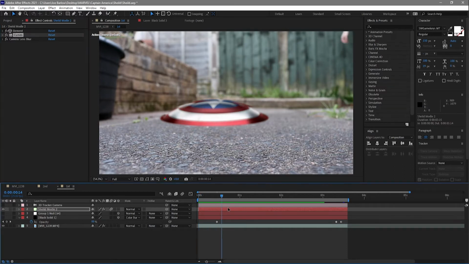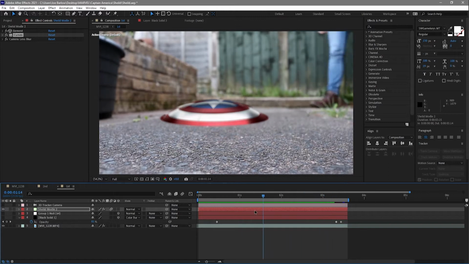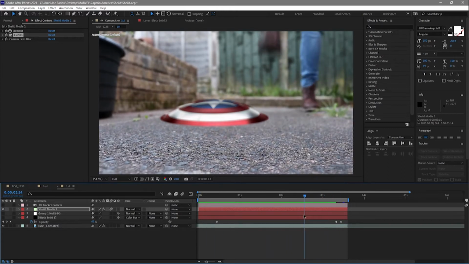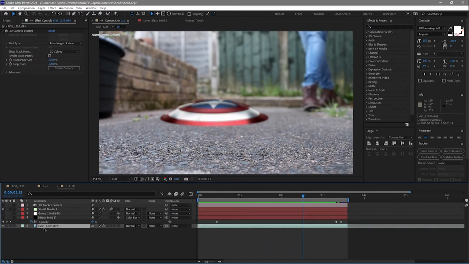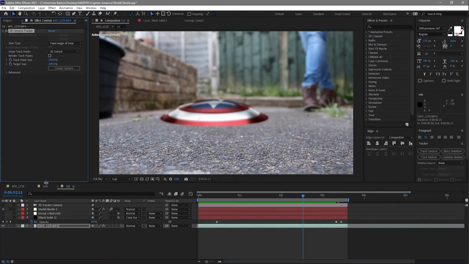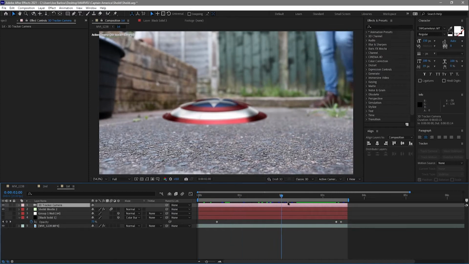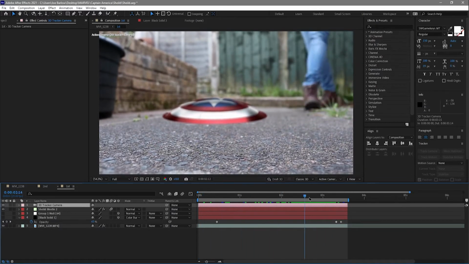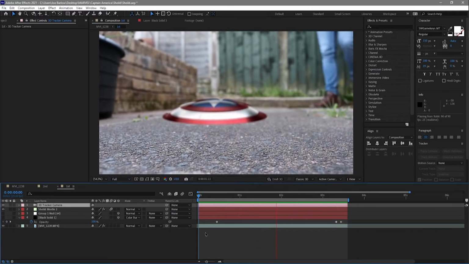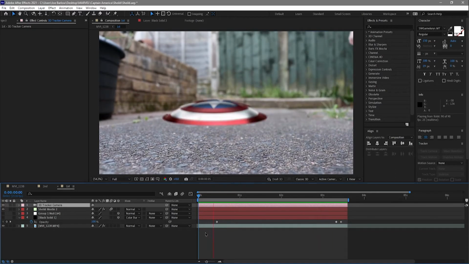Something else I didn't realize is the camera actually moves within this shot as well. So this is an extra thing I again didn't want to happen, but something I had to sort of fix. So the way I fixed that is I took my footage and ran a 3D camera track on that and created the camera with that data, and that managed to pin the shield into one position for me. And that left us with this here. Now we have me walking shot and stamping on that shield.